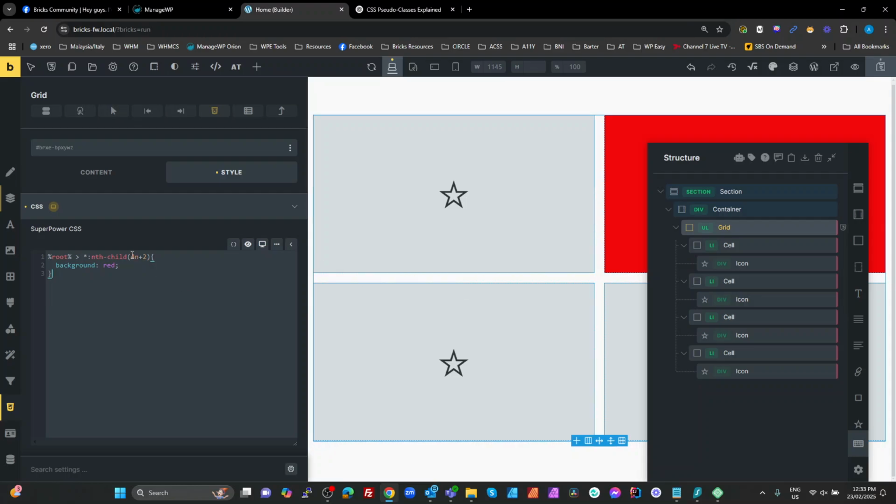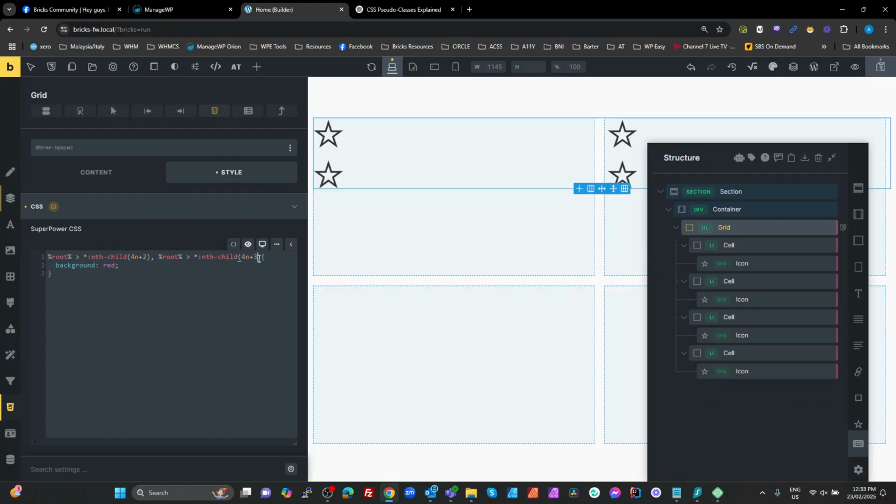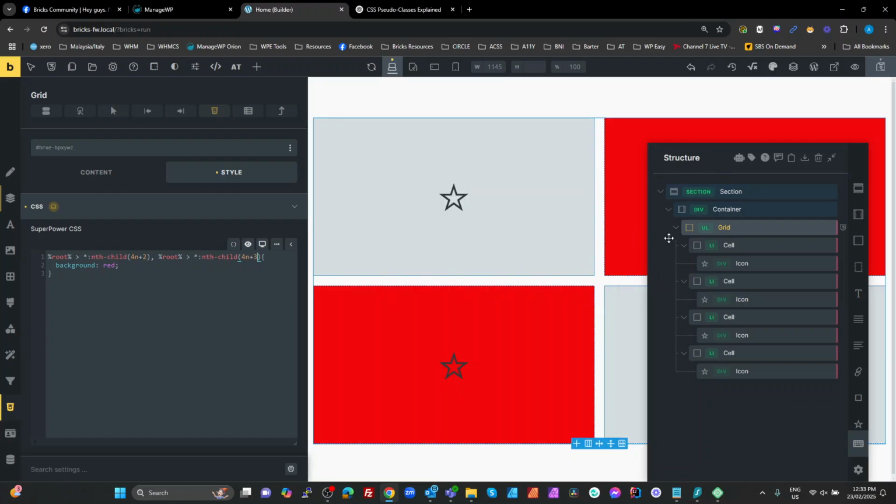So we're going to say it is a group of 4, and we want the second element to be red, and we also want the third element to be red. Copy that, make that my third element. And now if I keep repeating,